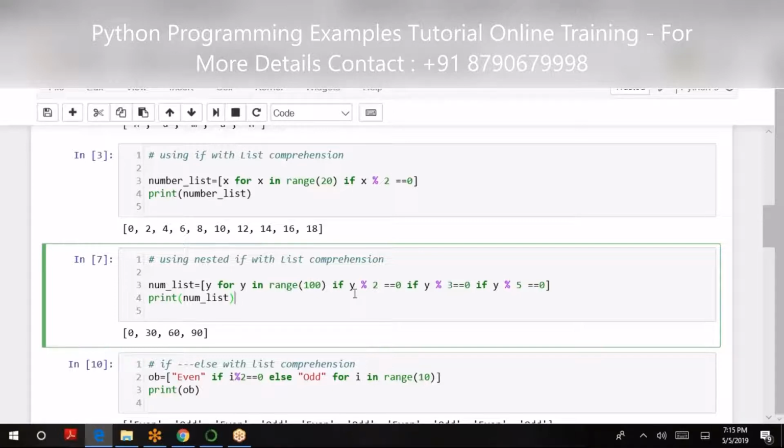If that would have been, let's say, a C syntax, I would have been required to execute it in three different lines. The for loop would have been in one place, and then an if, and then another if, and so forth. But in Python, you can say if this condition is satisfied, then execute that. I think I'm getting what you're saying. I understand it may not be so immediately required for you, but still.